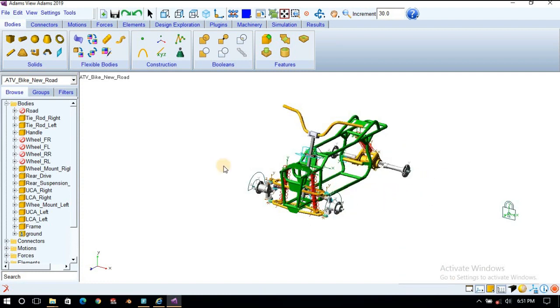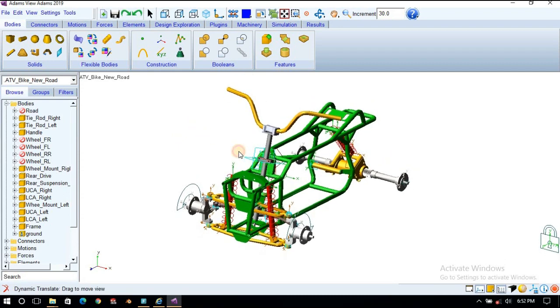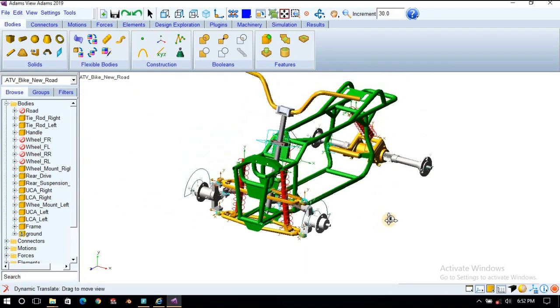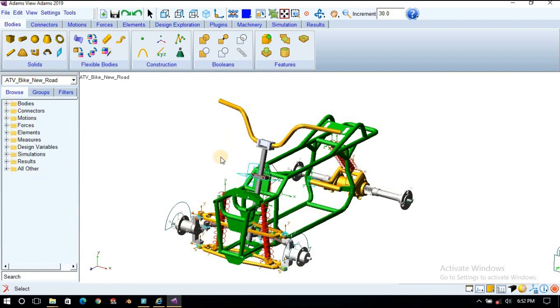If we deactivate any body, then connectors or joints, associated motions, and all other associated parameters will get deactivated. You can see this motion is also deactivated, and the joints connected with those bodies are also deactivated. We will not require that.